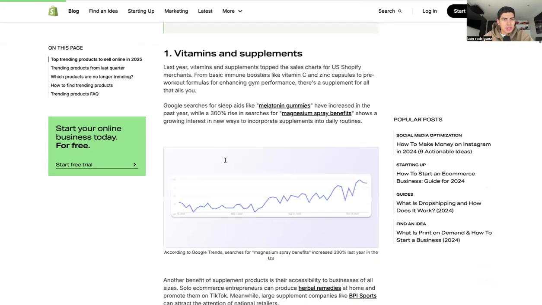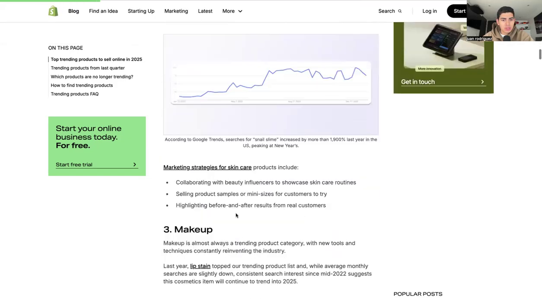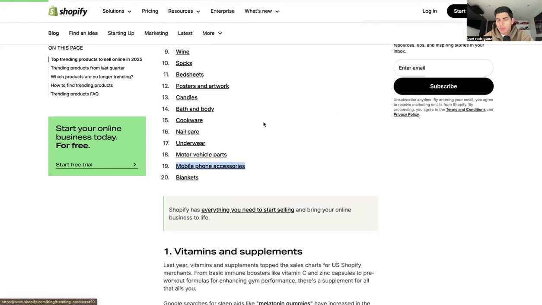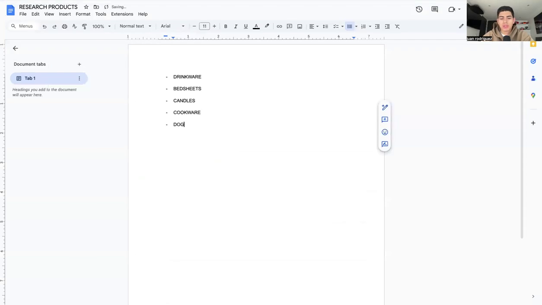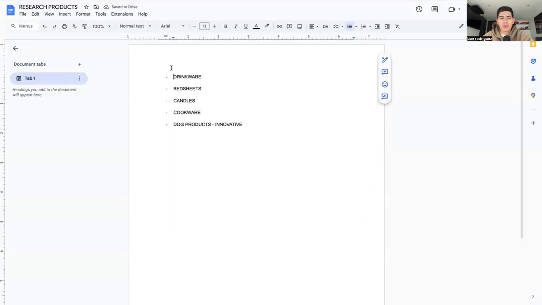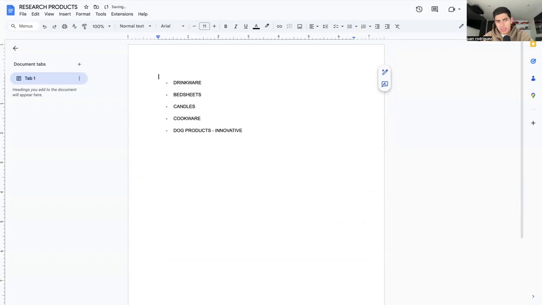One that I don't see here that I'm actually pretty interested in. You see, here's the whole research behind why they believe this is good. Now, I want to put here dog products. It has to be innovative or unique. Okay, so next thing I want to do now that I know what categories I'm going to concentrate on is obviously